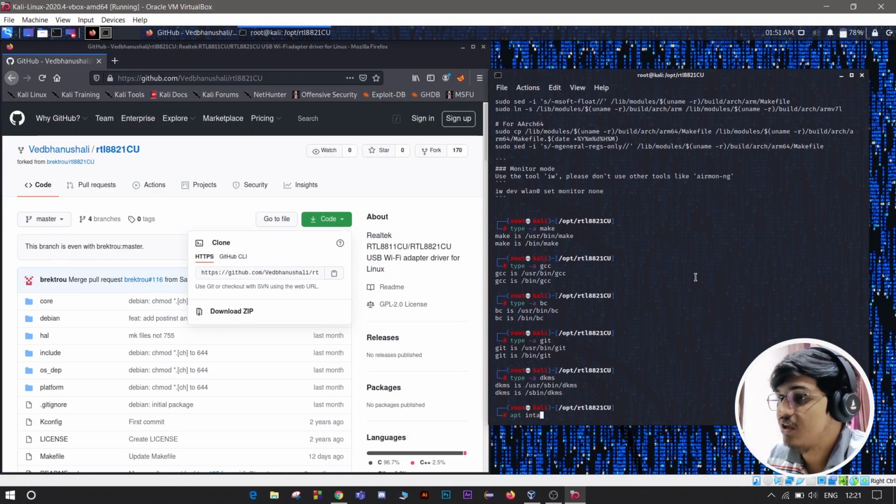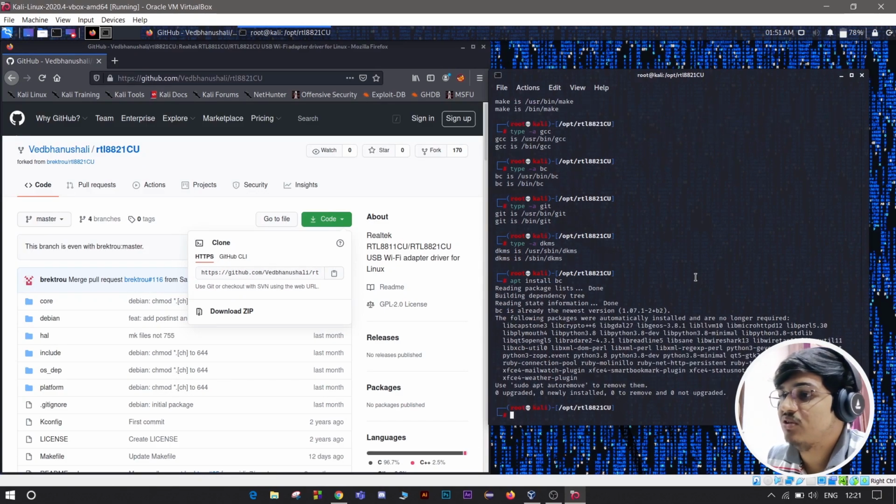So you just need to do this, apt install, like BC, which will install it, because I already have that, so I don't need to do that again. But you need to install like this, apt and the software name like DKMS, git, GCC, and the rest of the things.